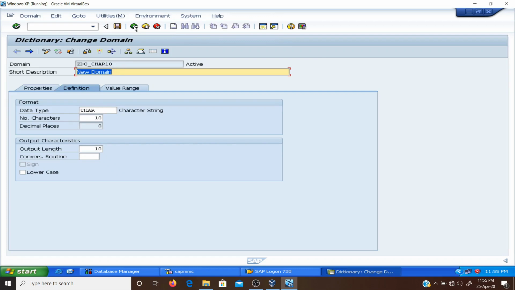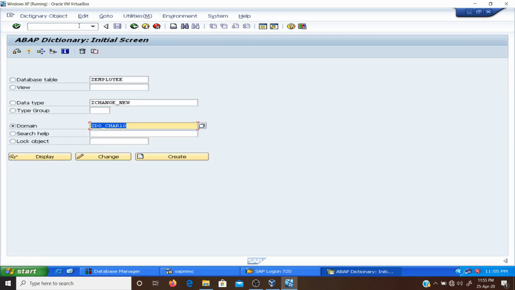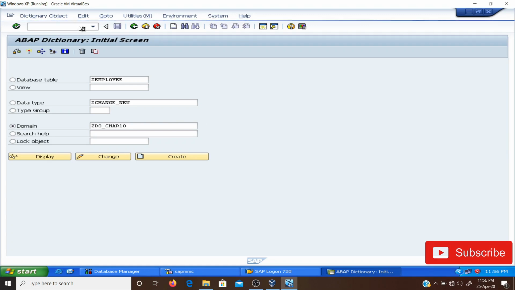Another kind of searching the particular objects that I already discussed, that was repository information system, and that repository information you can find out in SCAT. Now just click the command SCAT.